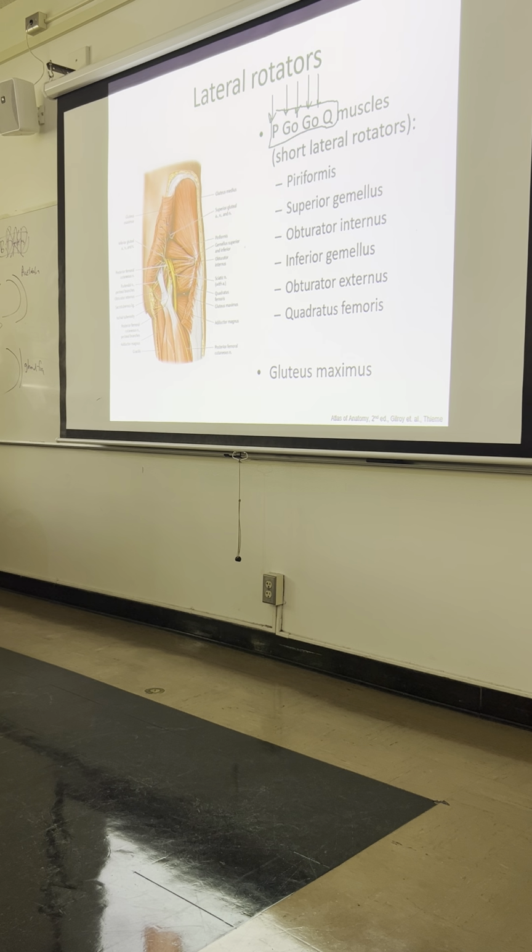So like P is piriformis, O is one of the obturator muscles, right? Q is quadratus femoris, you get the idea. Okay. So we'll think about these later. But they all laterally rotate the thigh at the hip. And to see them, you gotta reflect the glute max, okay? All right. Variable nerve innervation, so more on that later too,